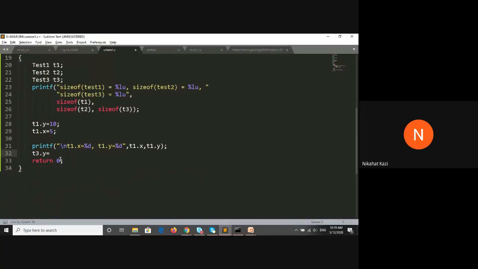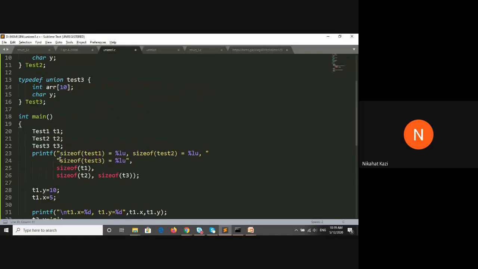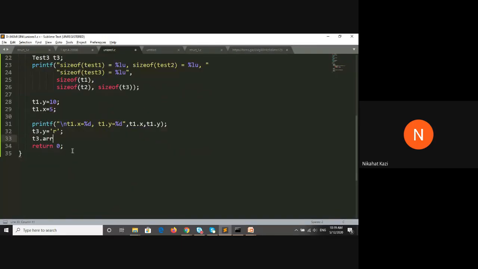Suppose I say y equal to a single character, some arbitrary character like r. Then the array, which is an integer array: array of 0 is equal to 10, and array of 1 is equal to 20. Just two values I'm assigning.